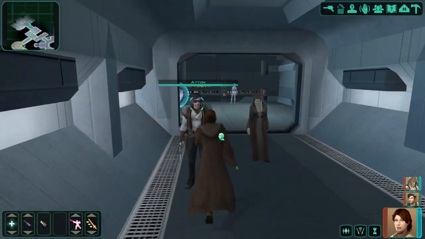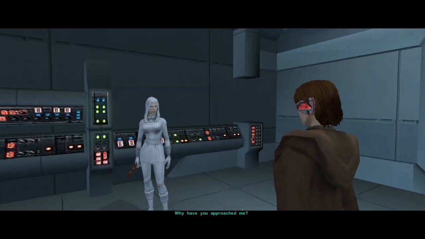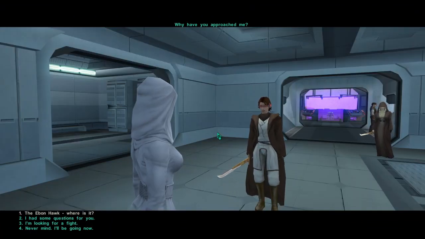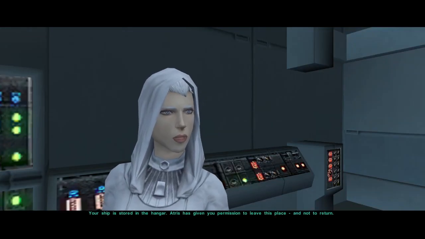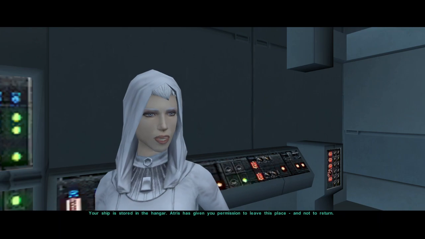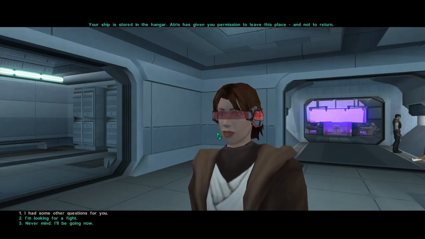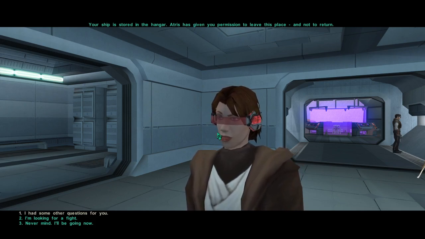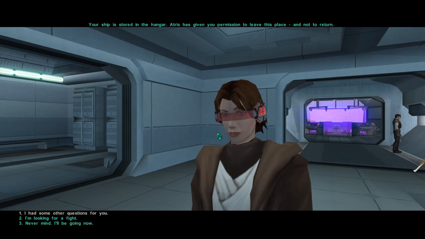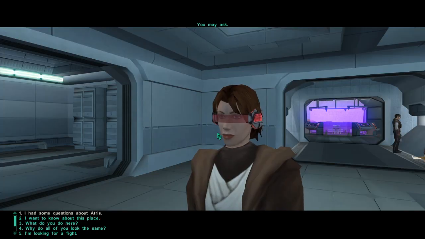Oh wait, before I leave... Why have you approached me? Yabin Hawk, where is it? Your ship is stored in the hangar. Atris has given you permission to leave this place and not to return. You may ask...